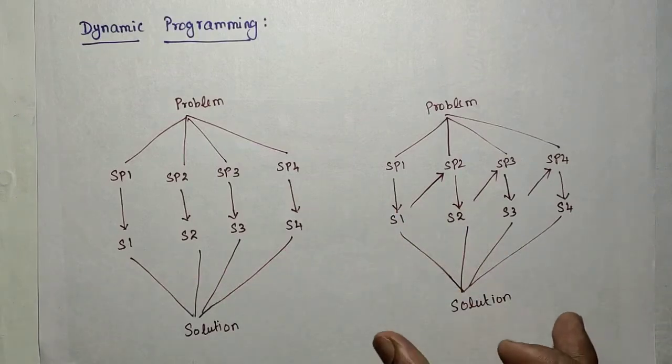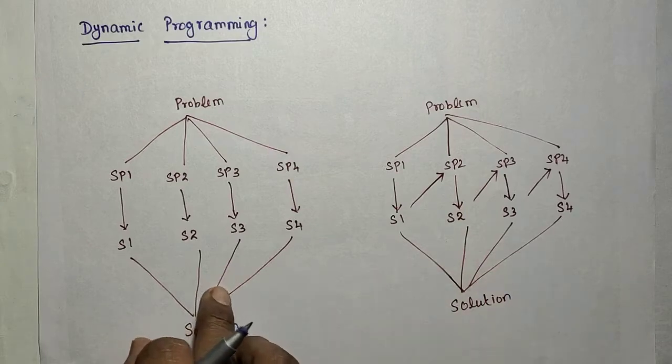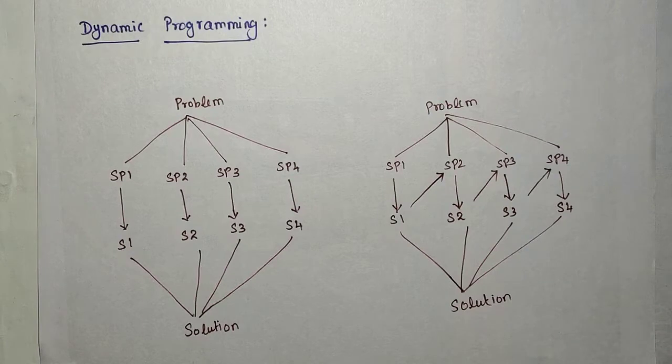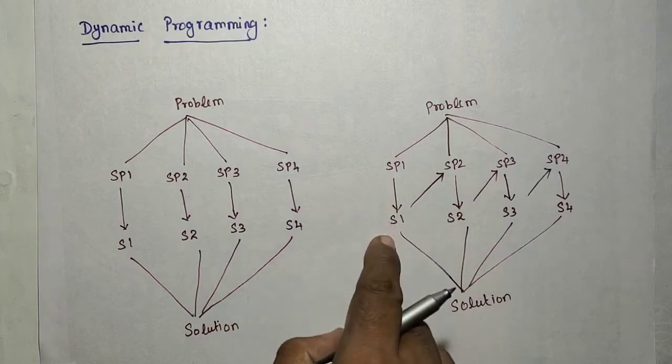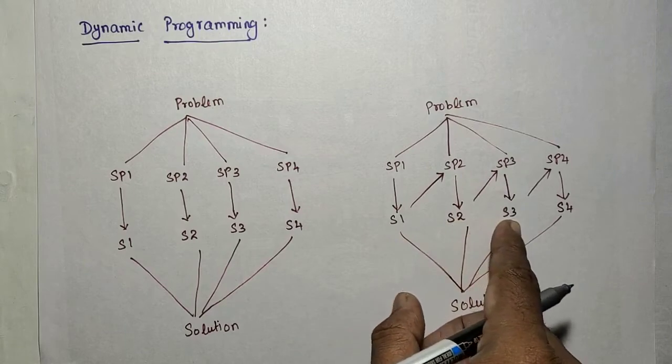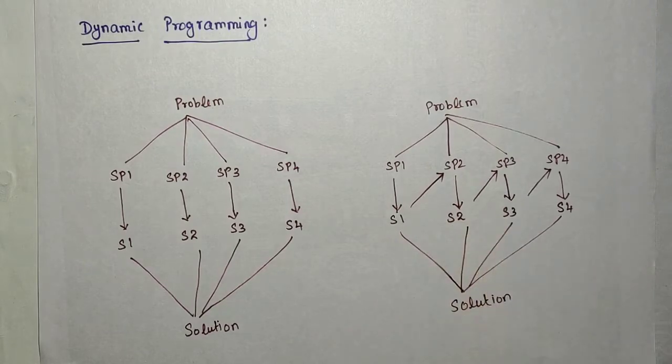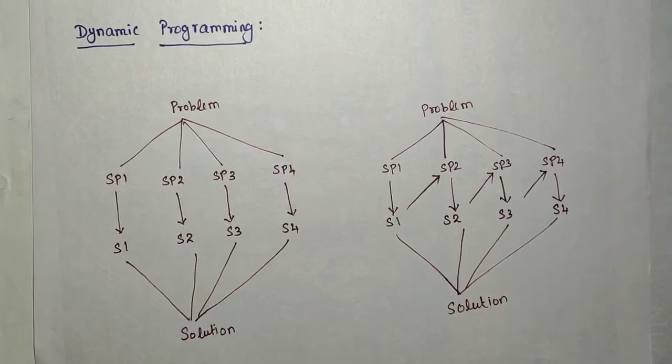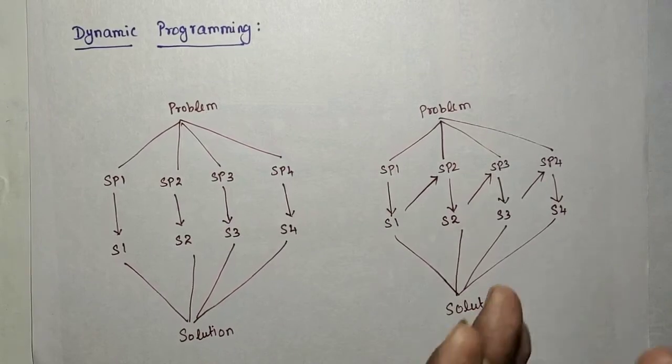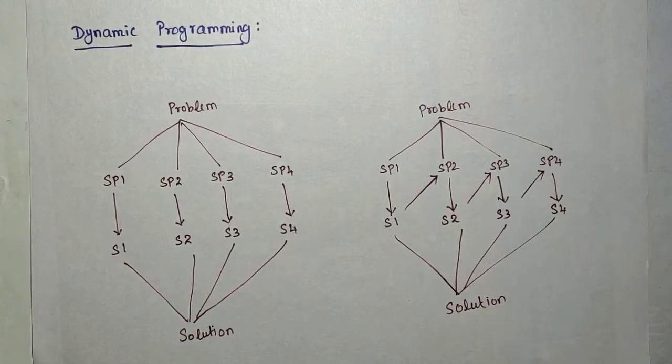And what is the drawback in dynamic programming compared to divide and conquer? Memory utilization. The solutions are maintained in memory. So solution 1, solution 2, solution 3, everything will be stored in a table. After finding the solution for the main problem, that memory gets erased. But the thing is, the space complexity will be a little bit high for the dynamic programming approach. Correct?